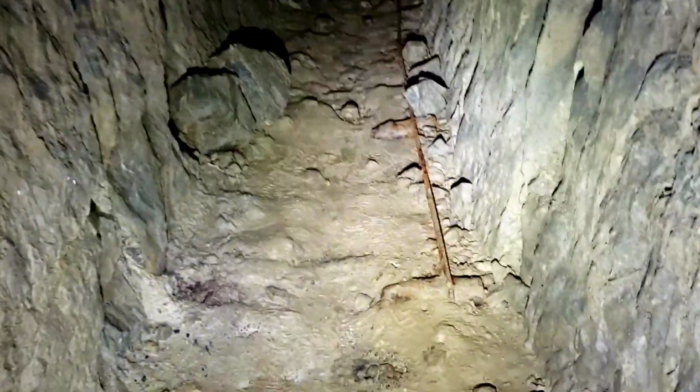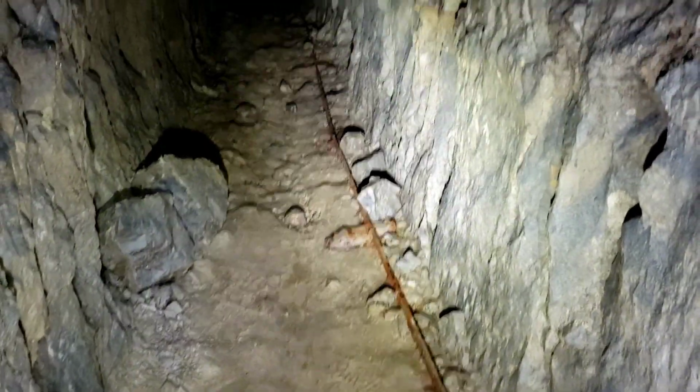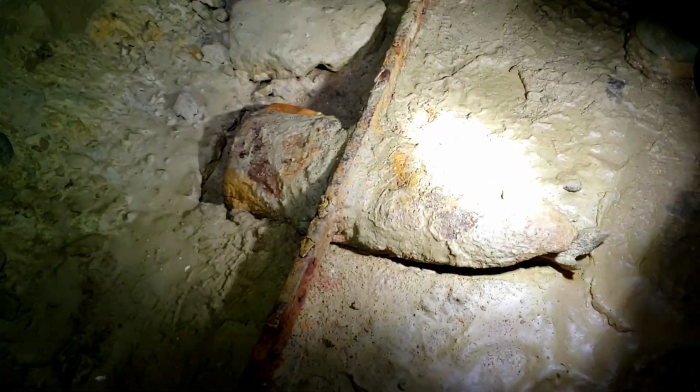Here's a bit more rail, just with a tiny bit of sleeper still left on one side. What I'm thinking here, it's because I initially thought that this is...